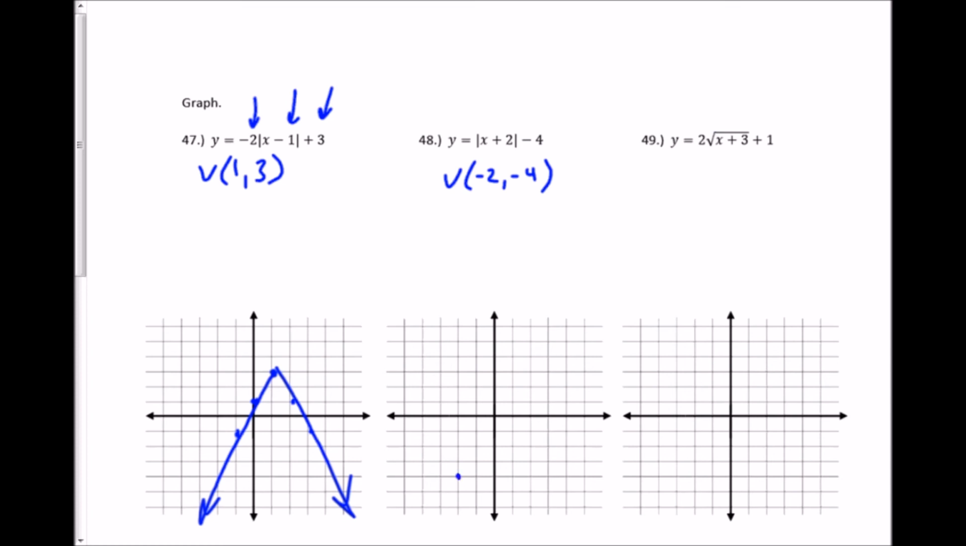Which is right here. And this one's going to open up because my a value is a positive 1 and have my standard width, which is up 1 over 1. So I draw a V that looks like this. And that's it. For this one, the square root, remember, this is going to give me a sideways